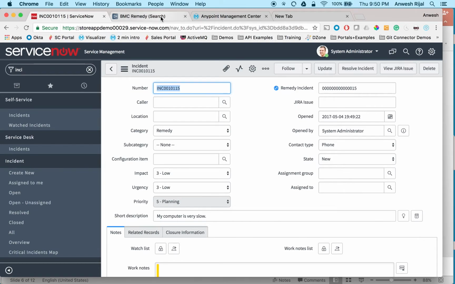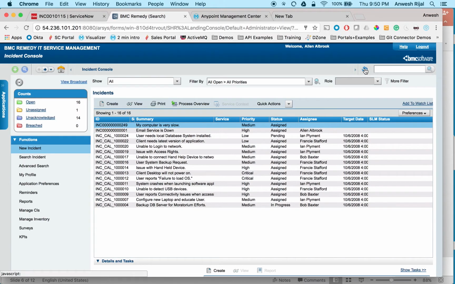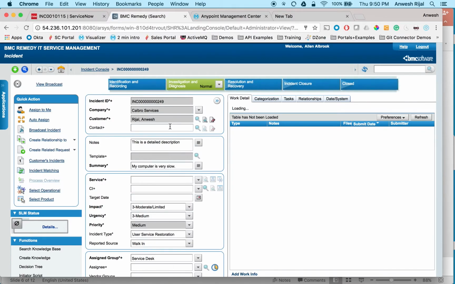So let's go on the Remedy side, and we'll take a look. Let me refresh my incident screen, and there it is, right? So there's my incident that says my computer is very slow that got created. So for example, maybe I want to make some changes. I will maybe add additional notes and say, need more info or something like that. And then I can even make some changes to the summary to say computer is slow just as an example,